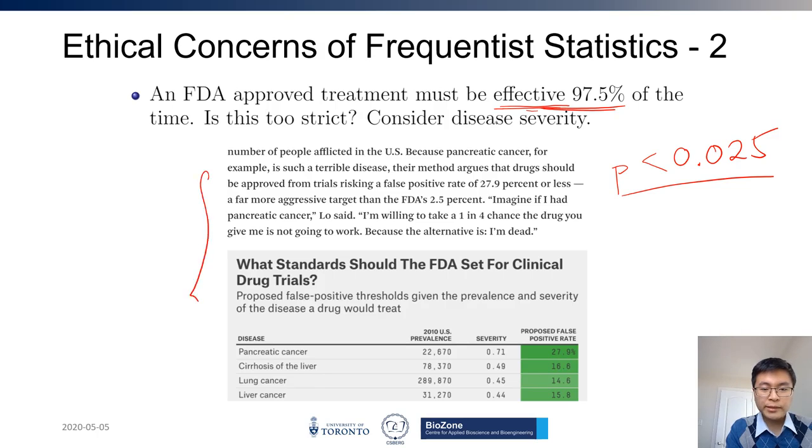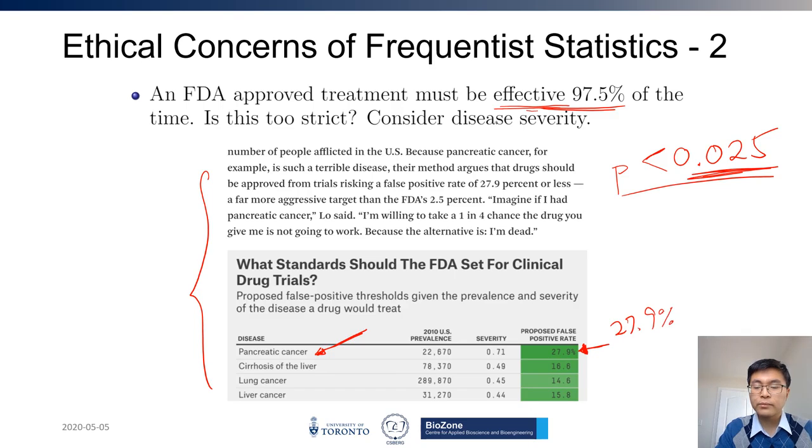So a group of researchers at MIT argue that it is, and you can see the reference for this later. What they argued is that for particular diseases that are severe and where few treatment options are available, such as pancreatic cancer, you should relax this criteria and propose an alternate false positive rate that is much higher than the current one. So right now, the false positive rate needs to be less than 2.5%. They're effectively saying that for pancreatic cancer, it could go all the way up to 27.9% because of the severity